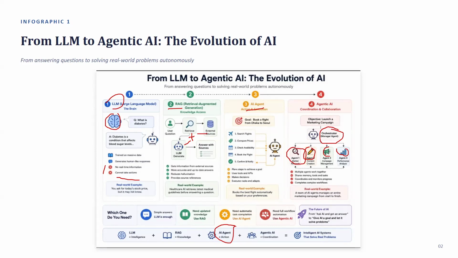Don't give us the bookish language answer. It's fine to give some bookish definitions, but if you are able to interpret it in your language and come up with some beautiful examples, it can serve your purpose, right? So this is what I'm trying to explain in terms of this LLM, AI agent, intelligence.